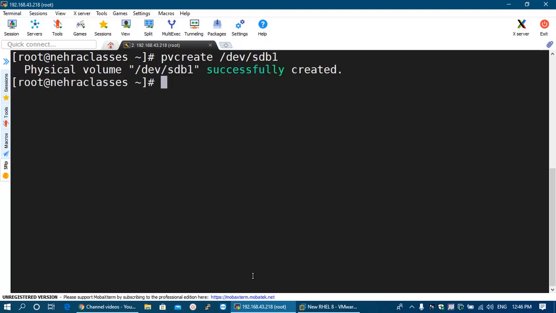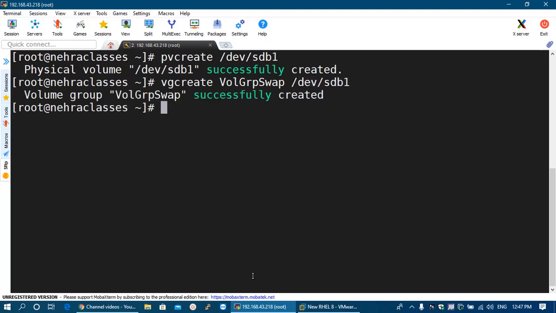Now we will create the volume group with the help of vgcreate command. vgcreate volgroup, and then we will mention the name of the physical volume, that is SDB1. So we have created the volume group successfully.